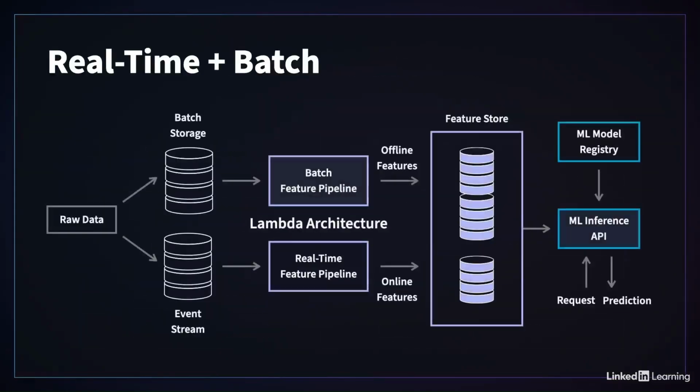At this point, you might wonder, do I actually have to choose between batch and real-time processing? Can't I just have the best of both worlds? And the answer to this question is yes, you can, using an approach called the Lambda architecture. The Lambda architecture is a design paradigm that lets you handle large quantities of data by combining both real-time and batch processing methods. The main idea here is that incoming data gets processed